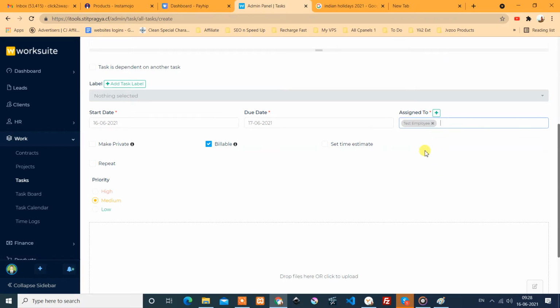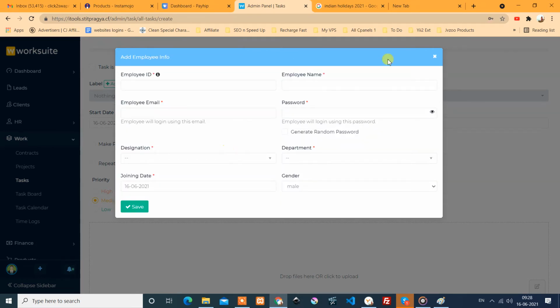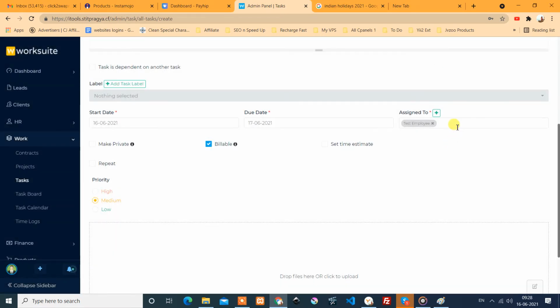And we are going to assign this test employee, because we have selected this employee on this project. If you immediately want to add someone, you can use this form and add another employee to it. Don't worry, it can also include cross-department employees. Sometimes the same employee is in a different department but does tasks for a few departments. For example, the same employee does manufacturing tasks and quality control tasks, and that can also be managed here.